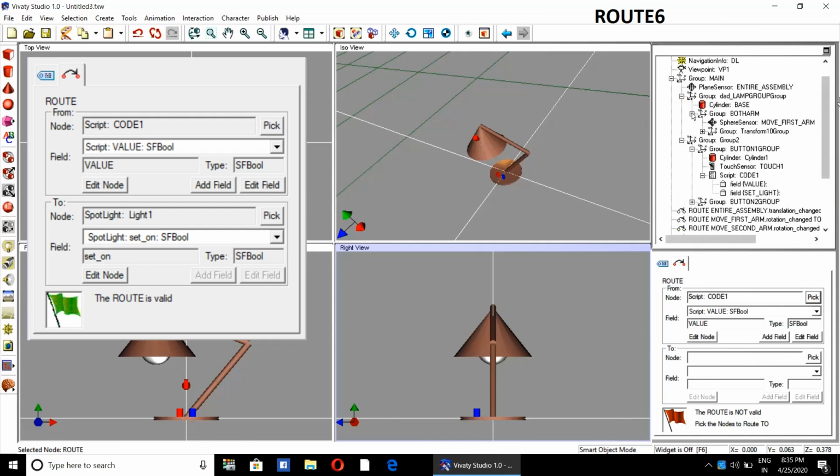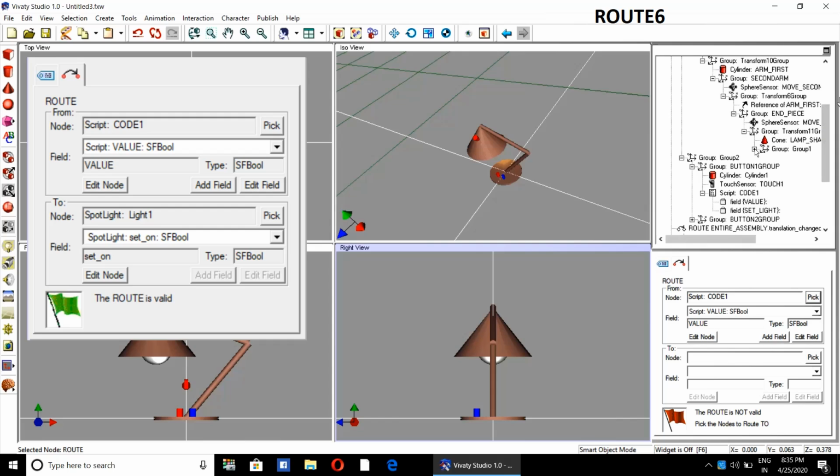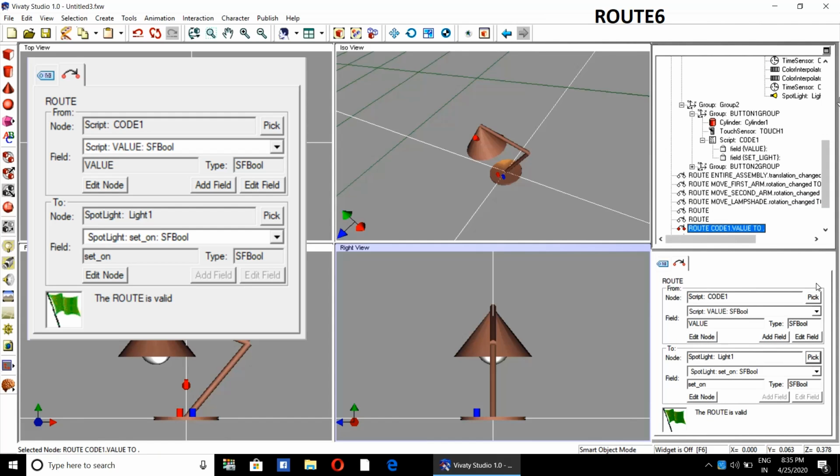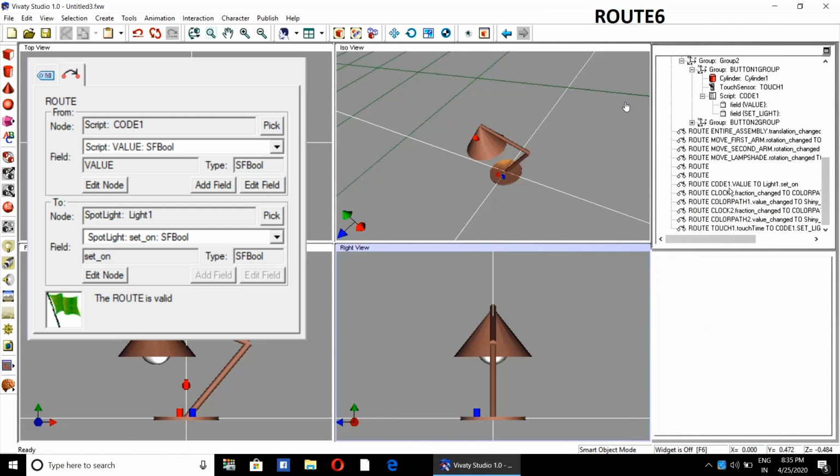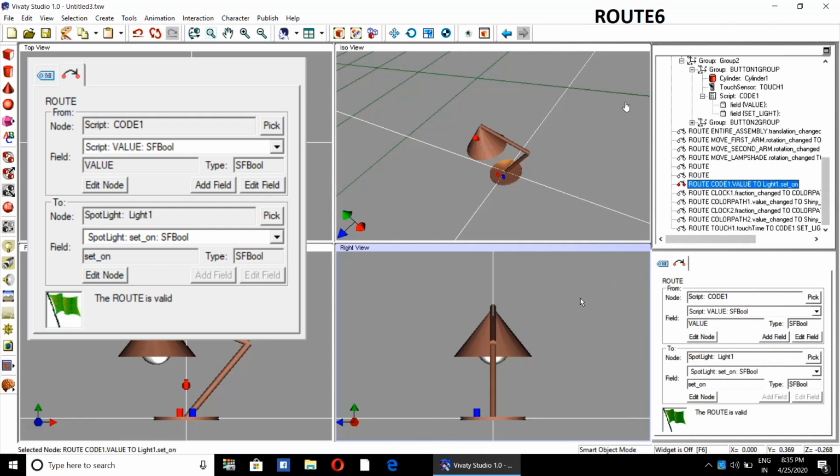Then we have to expand this group so as to locate the light 1, which is under the sphere group or bulb group. Rest of the values it will take automatically. There is no need to change anything. Just compare this particular route with the image on the left.